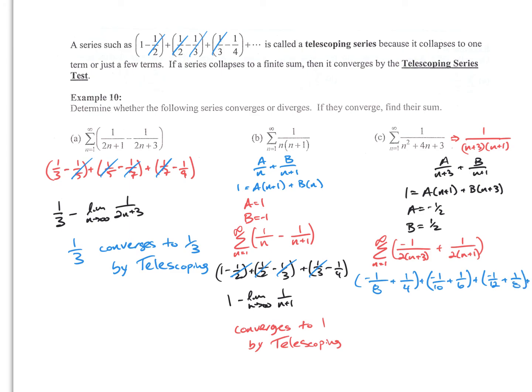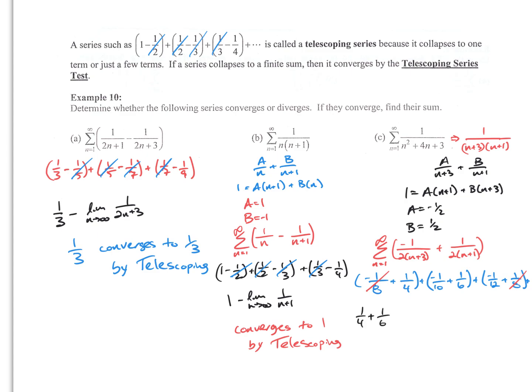All right. Have we seen it yet? What canceled? The 1/8. What's not going to cancel? 1/4. And what else? 1/6. Are 1/4 and 1/6 ever going to get canceled? No. Is the 1/10 going to get canceled? I hope so. It will, because the next term is going to be negative 1/14 and 1/10. So then the 1/10s are canceling. You following me? So now what's left? I have 1/4 plus